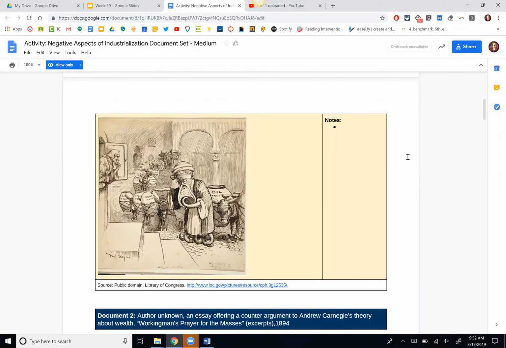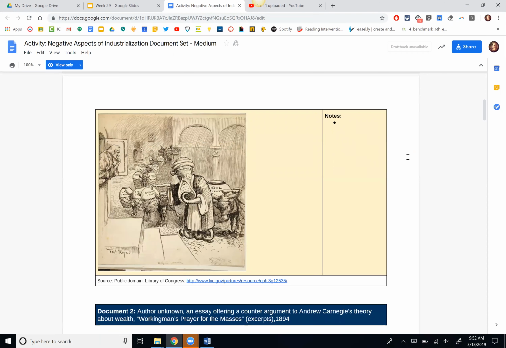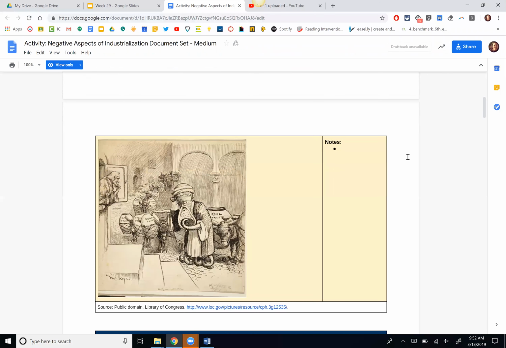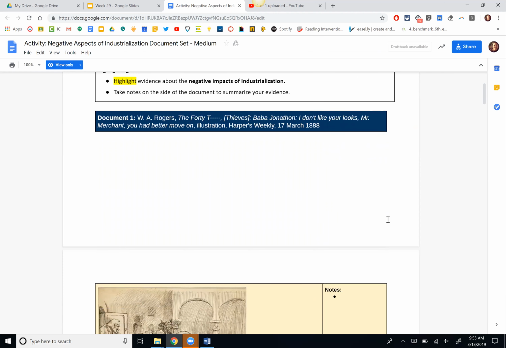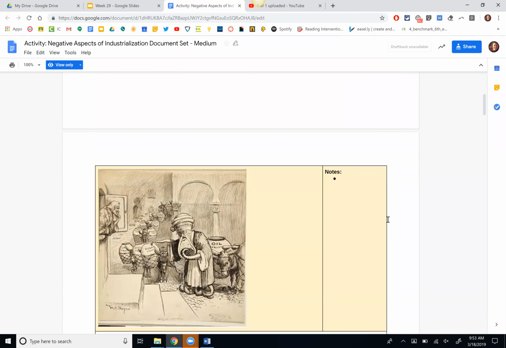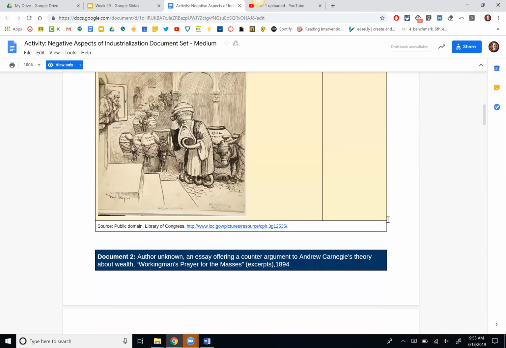Whenever you are looking at a political cartoon, obviously you're probably not going to include an image of it in your response, but say according to the political cartoon by, and then who's the creator, so found in Harper's Weekly on March 17th, 1888. You still want to make sure you're providing context of those political cartoons. Don't just say according to document A, this. Make sure you're saying what is document A. It's a political cartoon depicting what.